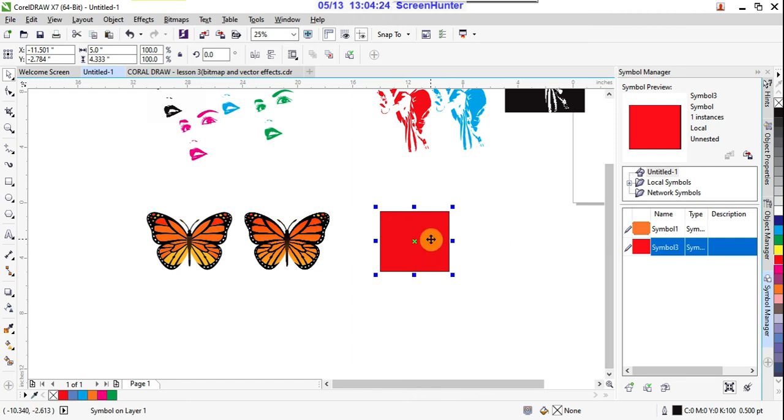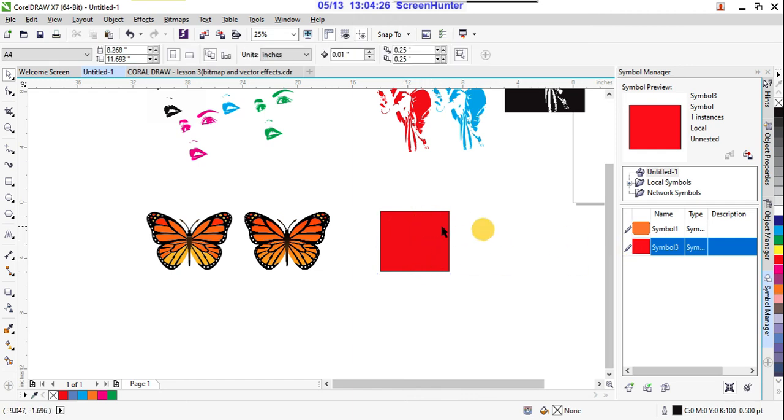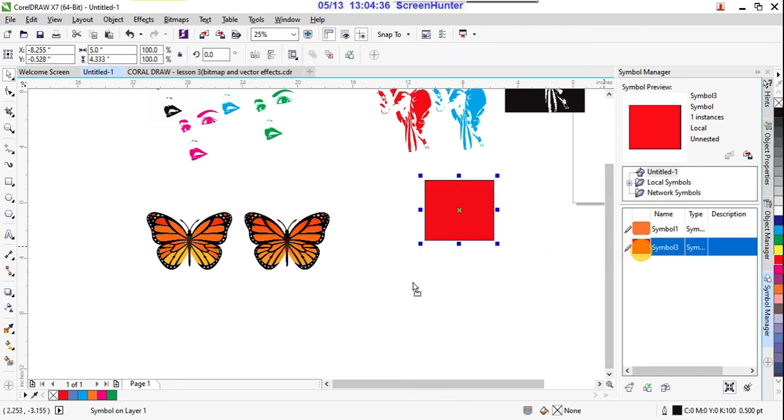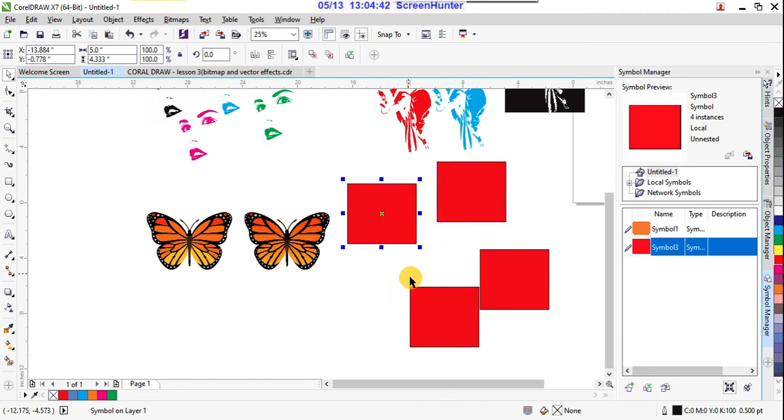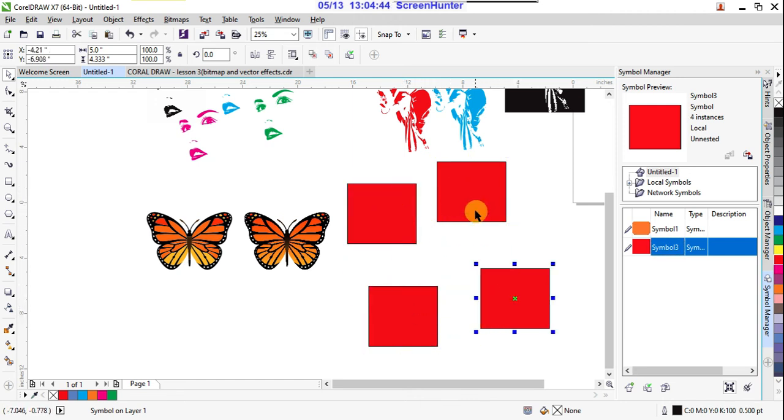Now after adding it, if you want, you can delete this original, but there is already an instance, the duplicate of that, right? So you can drag so many times. These are the instances of the same object. So these are all the instances of the symbol, right?